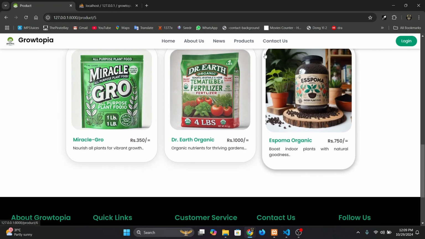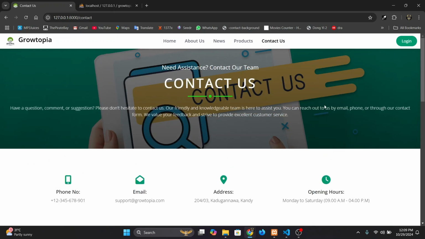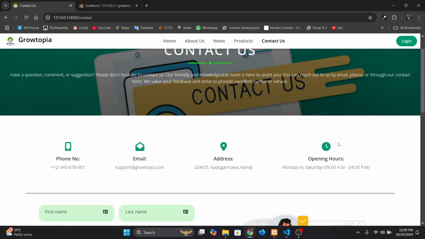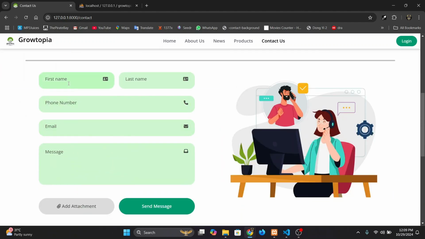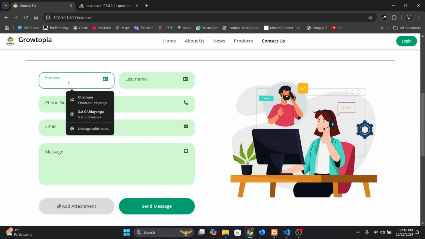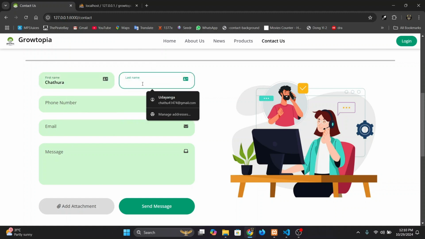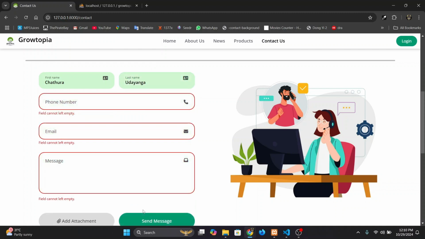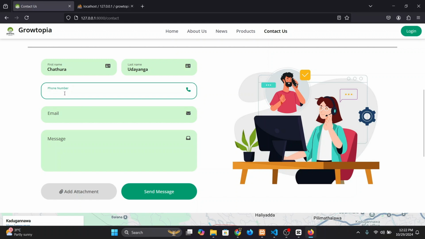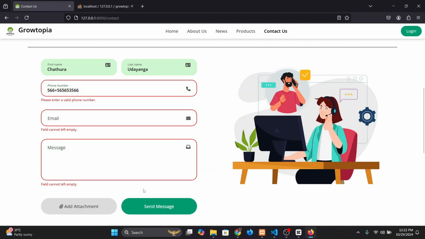Now let's move on to the contact us page. Here there are some details about how a user can contact us, and there is a contact us form here. First of all, all these fields are validated, so the user cannot leave them unfilled or enter things that can't be accepted. For instance, if I use a wrong phone number here, it will display a message saying please enter a valid phone number. Let's enter a real phone number,